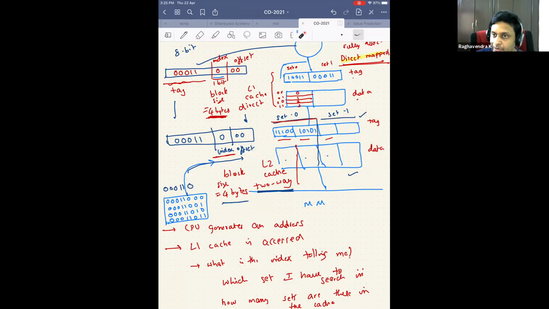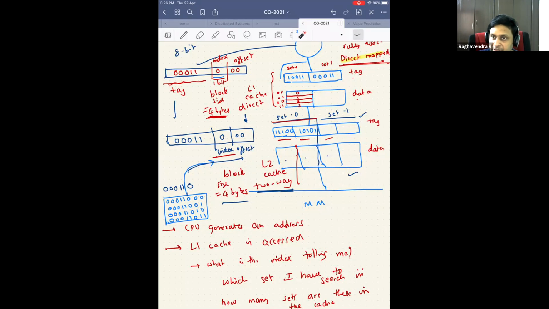You can have different replacement policies for different caches. So now you're asking the L2 cache controller, what is the replacement policy you have? Should I keep my block here or should I keep my block here? Now the cache controller will see, okay, this guy is asking me to replace some block. Maybe I am implementing a least recently used policy, and maybe this block hasn't been used by the CPU at any given point of time. So I will tell the controller to write this block here. So now you have picked a candidate on which this block can be placed.